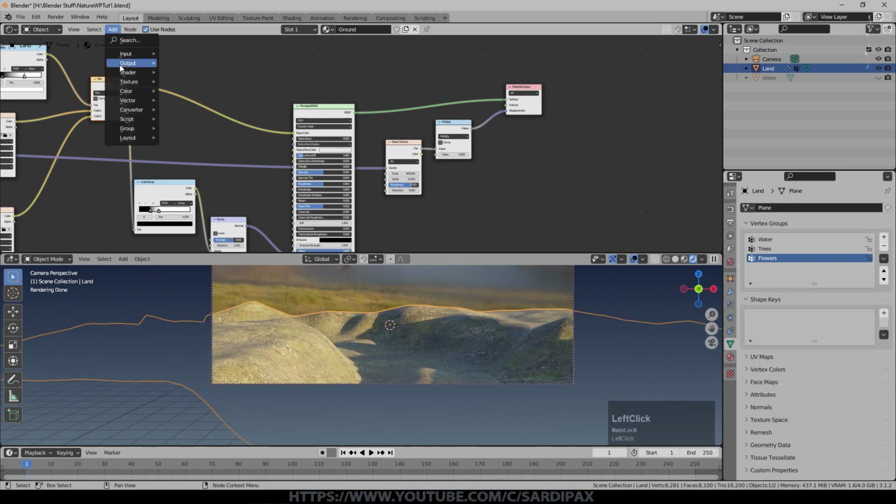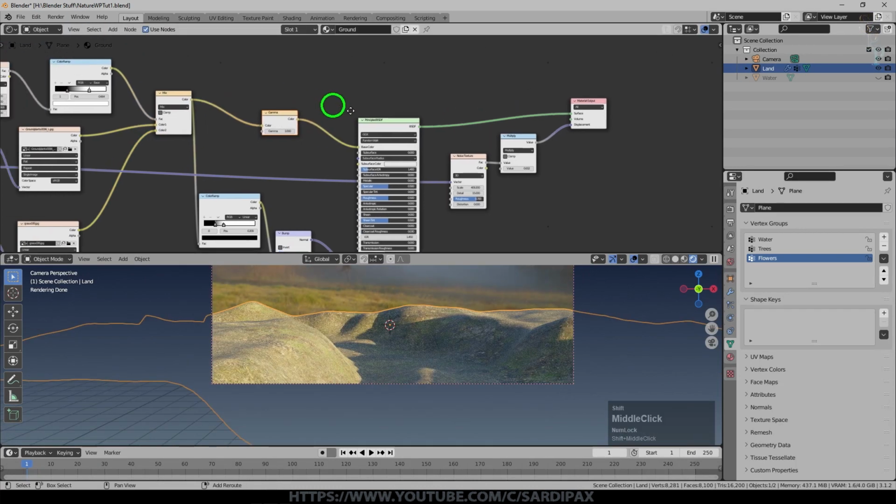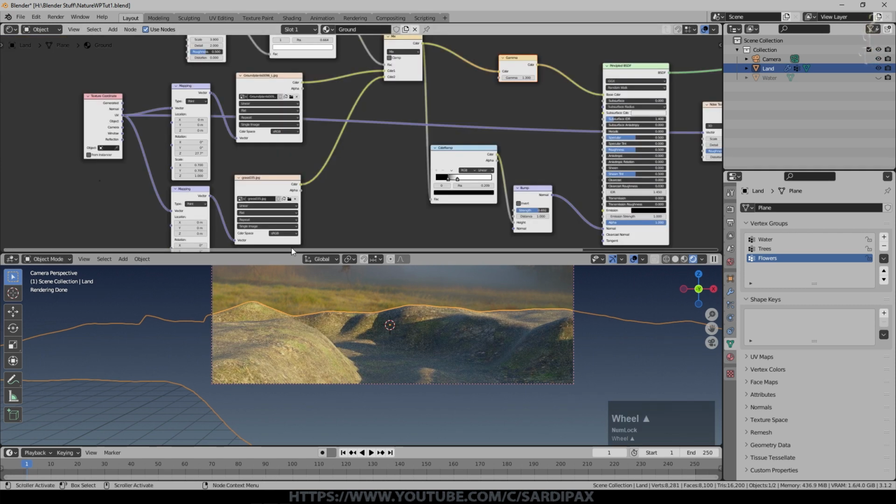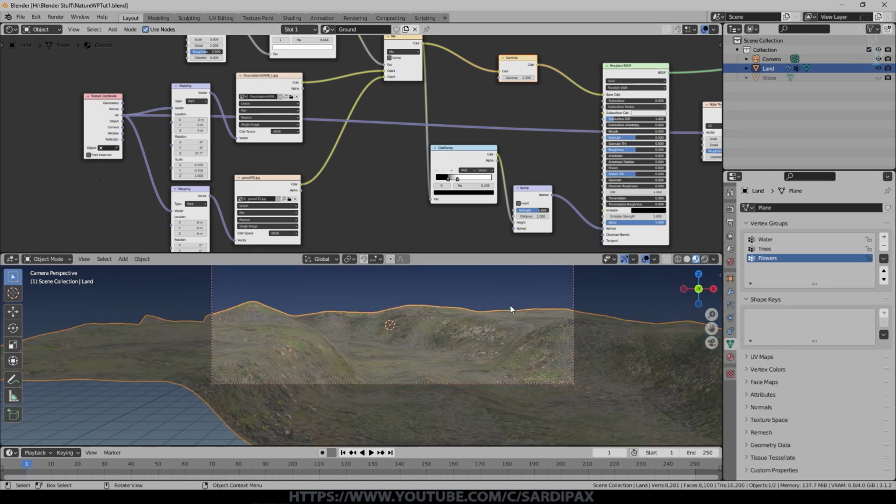And finally, I think for the color, I'm going to add a gamma node in there just so that I can intensify and darken the color of the landscape a bit. It's always best to sort of start too low, go too high, and then you've got an idea of where the right value is, rather than just stop as soon as you think it looks all right. There's our basic material for the land. Now we're ready to start adding assets to the scene.